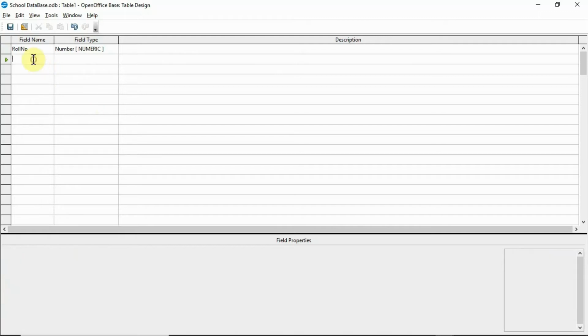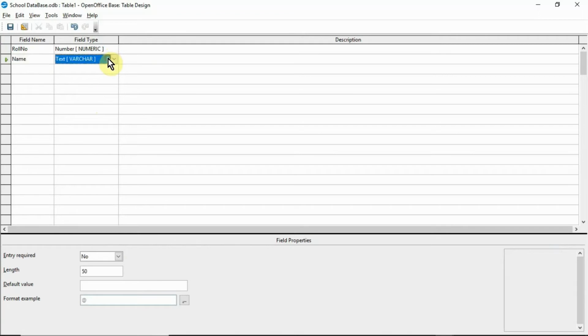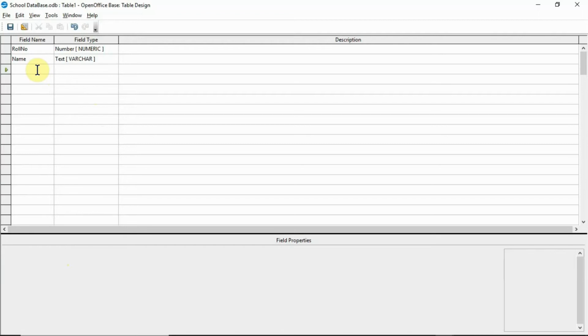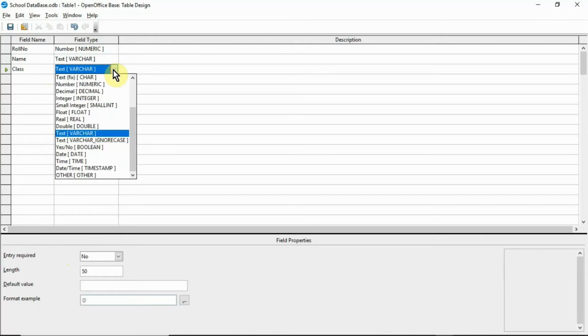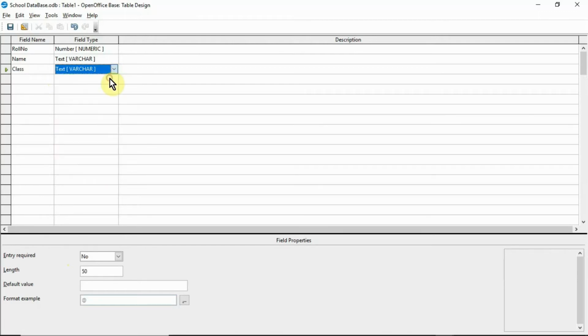And then enter the second field name, data type text, entry required, yes, and length is 50. And third field name is class, data type char, and entry required, yes, length 1.